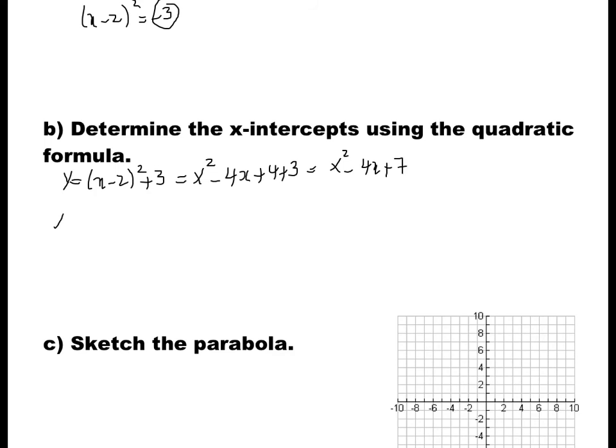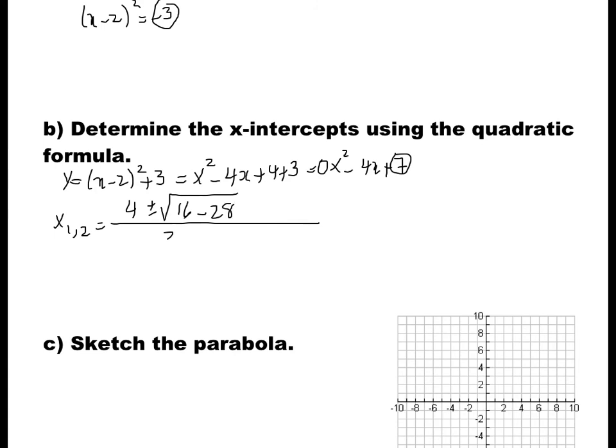Using the quadratic formula, x1,2 equals negative b, which is 4, plus or minus the square root of b squared, which is 4 squared, 16, minus 4ac, which is 4 times 7 times 1, 28,